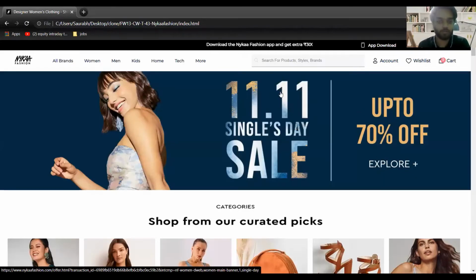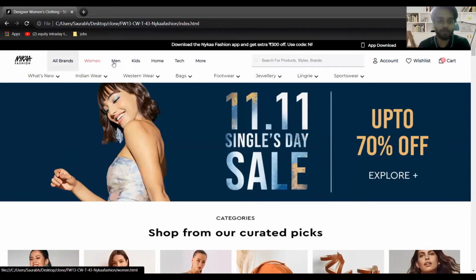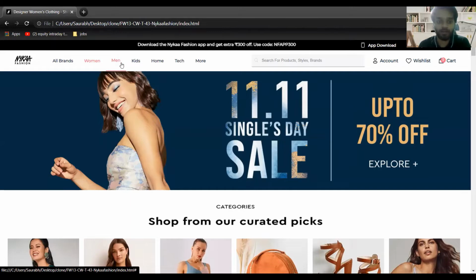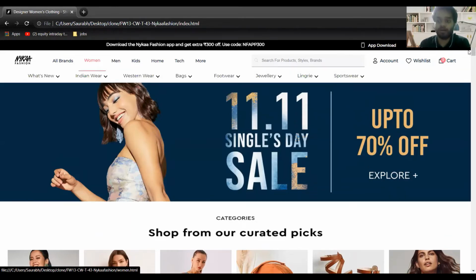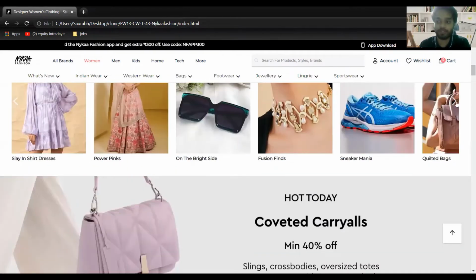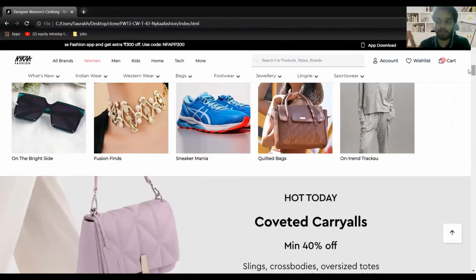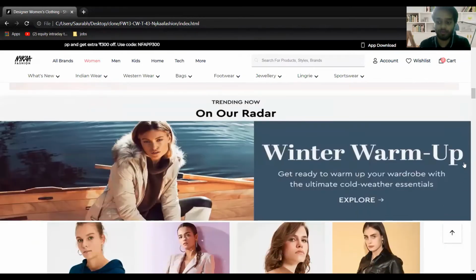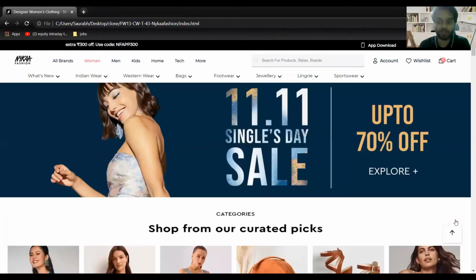So this is the homepage of our website where we have created a navigation bar with different kind of categories in it. And we have also made the account section and a card section. We have also made the sliders on our website. These are the sliders on our website, and this is the overall look. We also made the scroll to top of the website button.